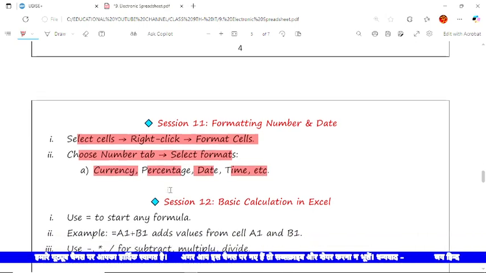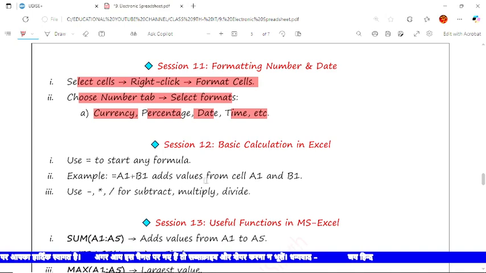Next, session number 12. In session number 12 it is basic calculation in Excel. This is the basic point. See what we do. We use the equal to sign to start any formula. Simply, if we want to do addition, first of all we start with equal to,